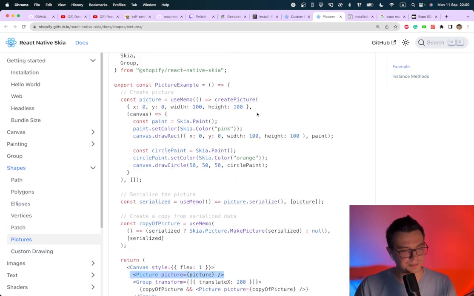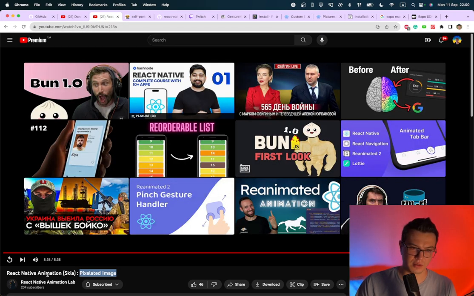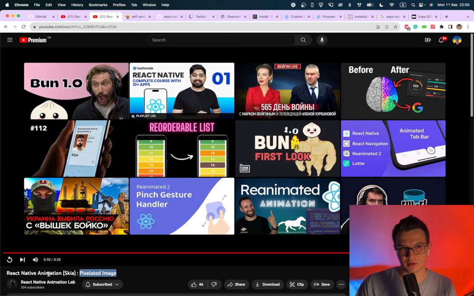Yeah, it might be a bit advanced to start on Skia with this example, because there is no any explanation. So probably